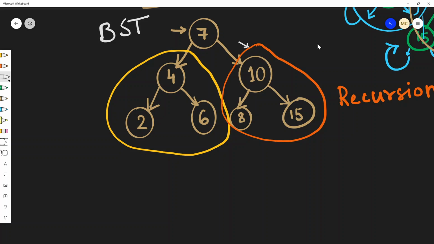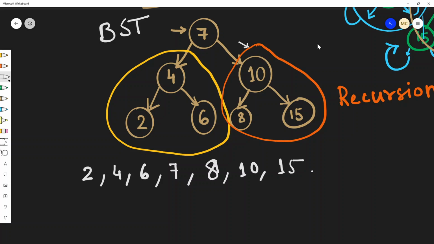So if we actually do in-order traversal on this particular tree, the output comes in this order. We have 2, then 4, then 6, then 7, then 8, then 10, then 15. So basically as if the numbers are all sorted in ascending order. So just by storing the numbers in that structure, we can retrieve them in sorted manner. And this is very efficient to store such a sequence of numbers if we want to quickly find a number easily. So we can do binary search on the tree,